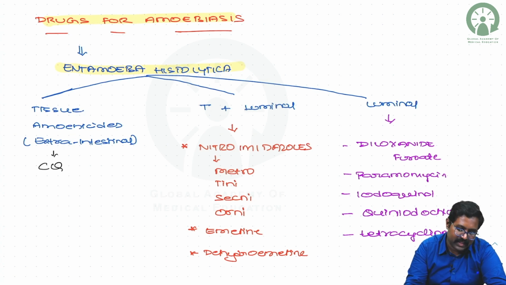Entamoeba histolytica. So we can classify into tissue amoebicidal agent, and the tissue and the luminal. So this tissue is also called extraintestinal amoebiasis. The drug here we can use is chloroquine in the extraintestinal, that is the tissue. In case of the